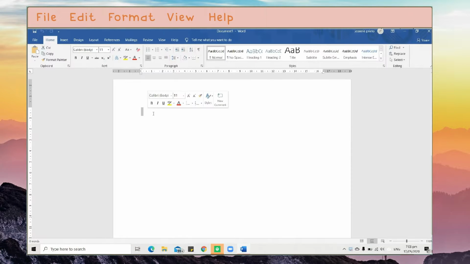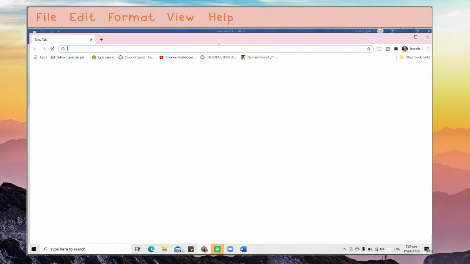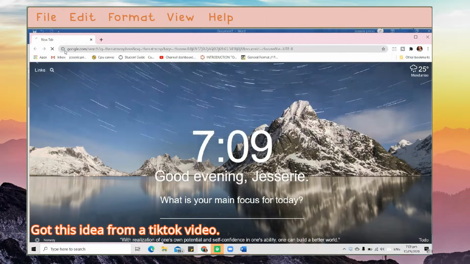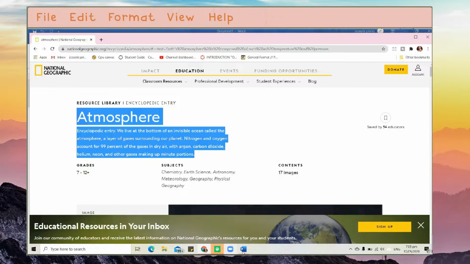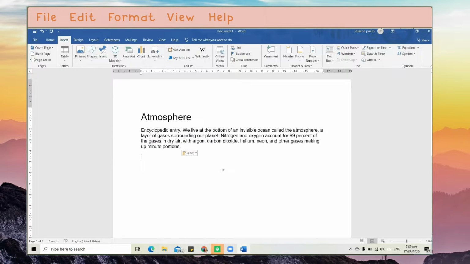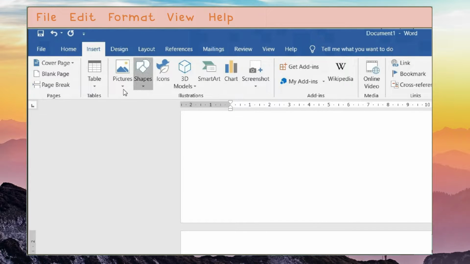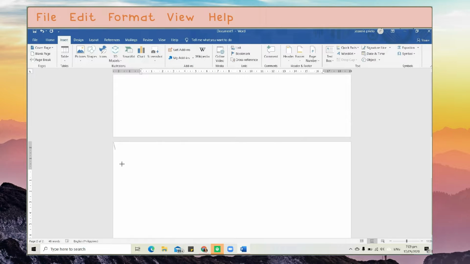I'm going to teach you how to have those creative Word documents for your activities. So I just got a paragraph from the net and I'm just gonna use this as a basis. So the first thing you will do is go to the Insert tab and then click Shapes. Next is just click that one and drag it until you can make these curvy lines at the top part,